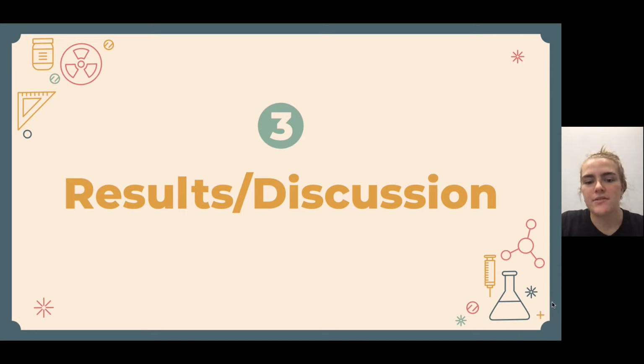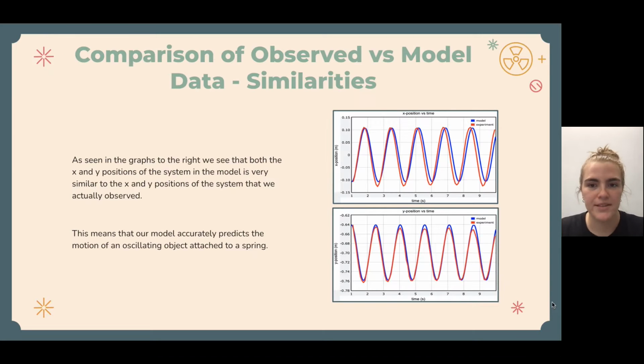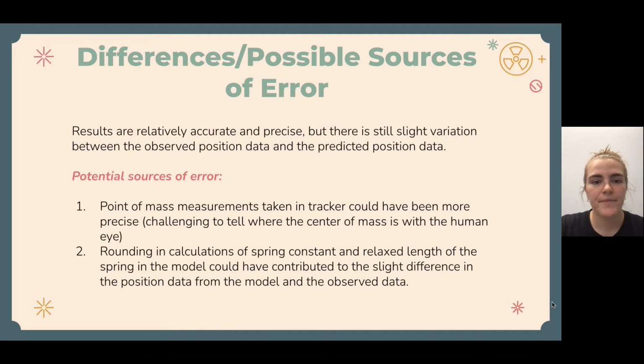So quickly going into results and discussion, we have the comparison between the observed and model data. As seen in the graphs to the right, we see both X and Y positions of the system are very similar to that of actually observed, meaning our model accurately predicts the motion of an oscillating object attached to a spring. So some potential sources of error could include point mass measurements could have been more precise, and rounding in certain calculations of the spring constant and relaxed length of the spring could have contributed to the difference between the